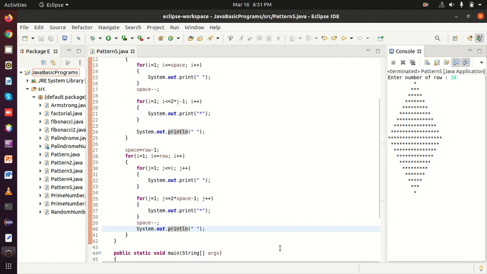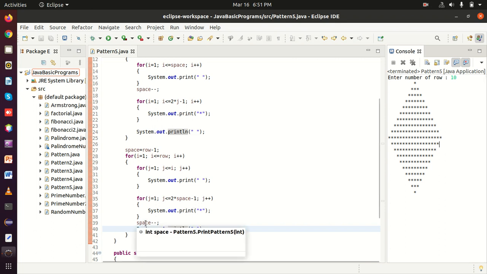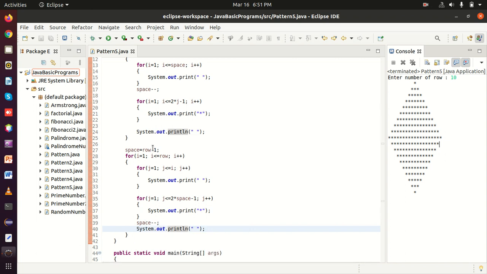Now space minus minus. Now the value of space, previously it was 9, now it will be 8.